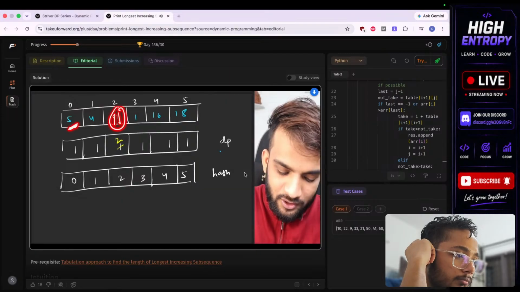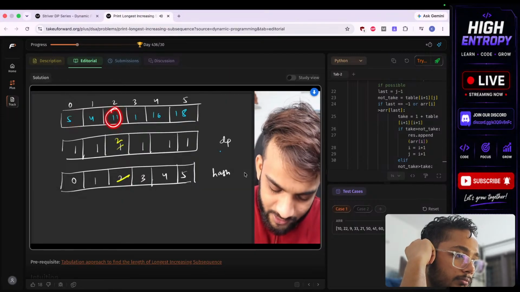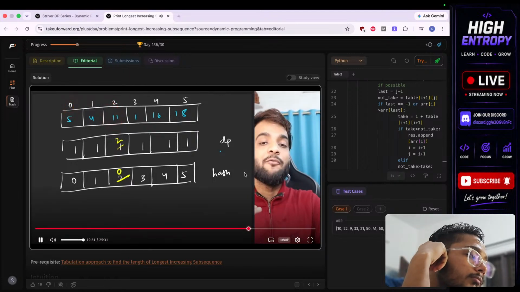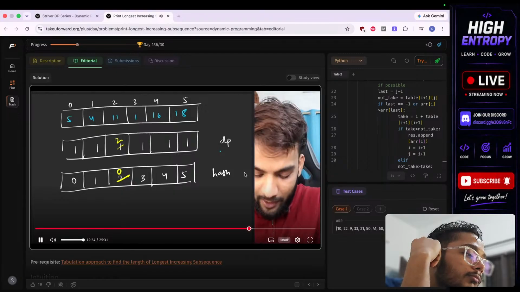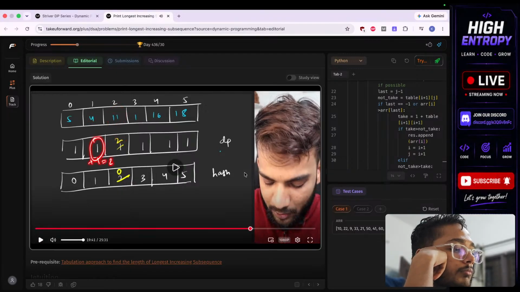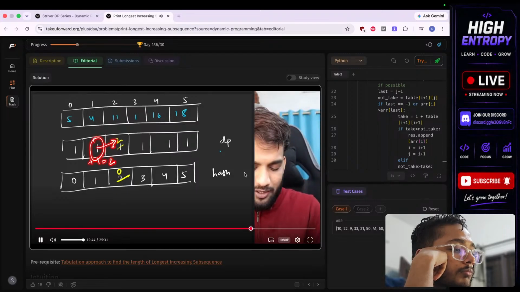Before you there was 5. So at 11, can you say before 11 there was this index 0? So please store index 0. So hash will say before 11 there was an index 5. Perfect, you have told it, right? Now let's move. So we are at 11, it was 2. Now we are at 4. 4 had 1, so 1 plus 1 would have been 2. You can update it or you cannot. It's still